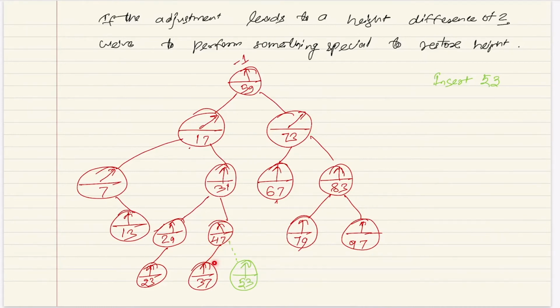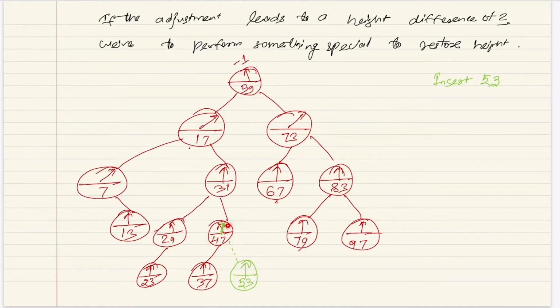This is now because the new node has been inserted, both have the same height, so this will become balanced. Now, what will happen to its parent 31? You see, both the children have the same height. You don't have to change anything. Now you may have a question like, how do I know that I don't have to change the balance factor here? Here it was fine, it was inserted, so I knew that the right subtree.